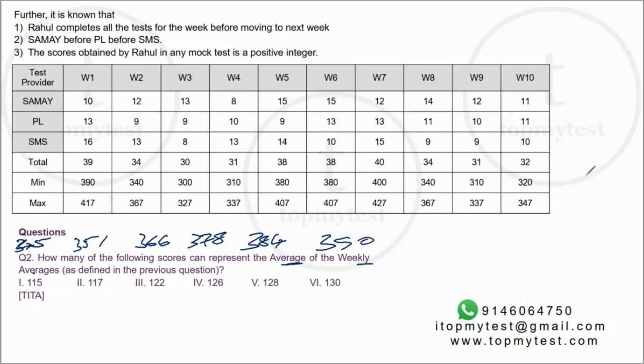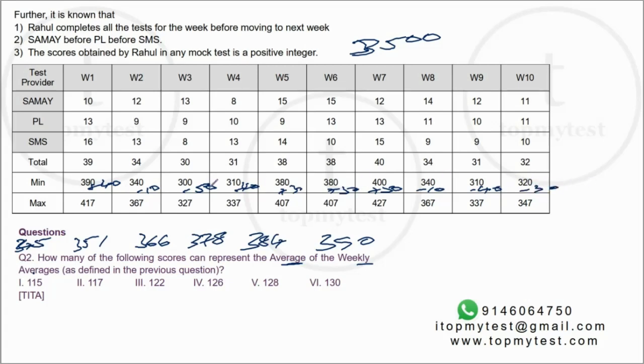So let's quickly calculate the overall average. Let's see how much it is. If you take a rough estimate of 350 as the overall average, almost everything is there. So let's try that. So the total will be 350 into 10, 3500. Now let's see what the deviations are. This is plus 40 over 350. This is minus 10. This is minus 50. This is minus 40. This is plus 30, plus 30, this is plus 50, this is minus 10, this is minus 40, this is minus 30.